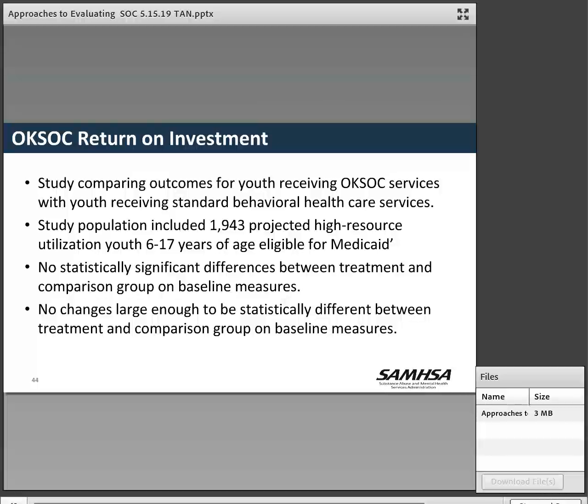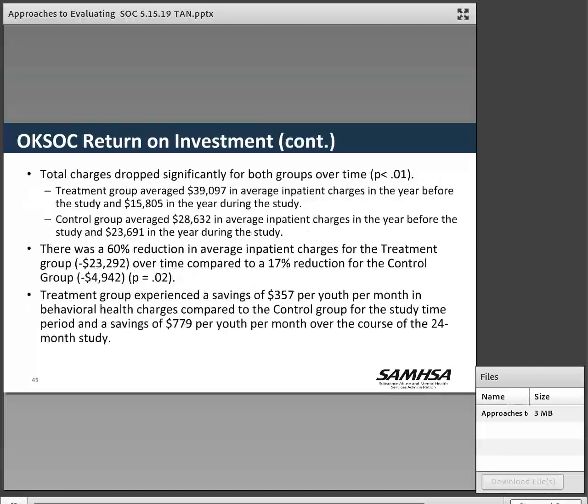Oklahoma was one of the first states to be able to charge Medicaid for family support providers. So they were instrumental in looking at how we access Medicaid dollars, how we grow this across the state, because it's all about sustainability, right? So we did a study on return on investment. We looked at youth receiving Oklahoma Systems of Care services and youth receiving standard behavioral health services. And those youth, we compared them so that they were similar demographically. The study population included almost 2,000 projected high resource utilization youth between the ages of 6 and 17 who were